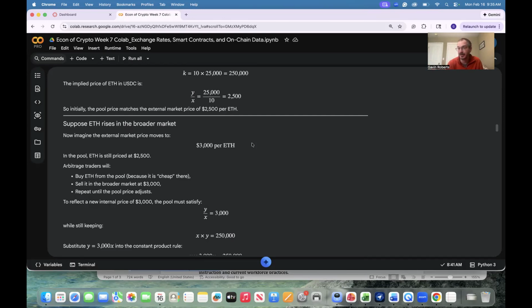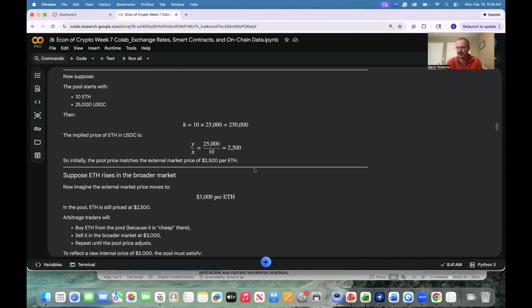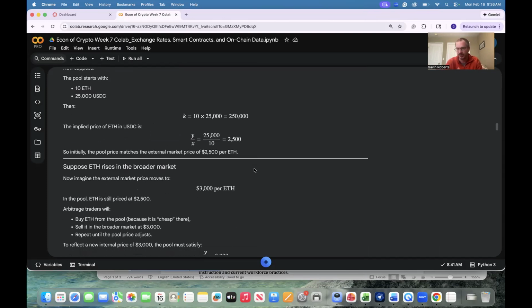Now, we should also think about the other case. If Ethereum crashes, then the pool is only going to have Ethereum in it. And so the liquidity providers are going to get Ethereum out of the pool. But notice in that case, now they have the by far less valuable asset. It could have continued to crash even further after the pool turned completely into Ethereum. And now that could be a pretty big risk that these liquidity providers are taking. So it's worth thinking about, and this happens in other markets too, with liquidity providers.